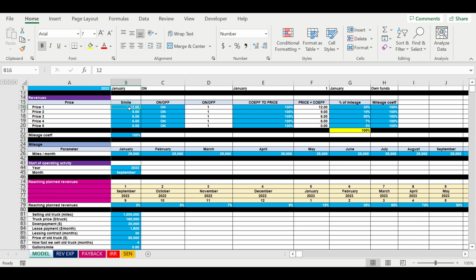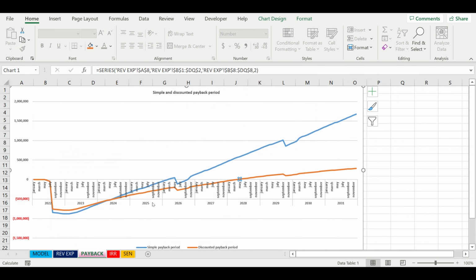For example, we have $12 per mile, and let's assume that we are too optimistic with this value, and we would like to see what will happen to our project if we switch off this value. So we just switch it off, then we go to the payback period and see how this switching off